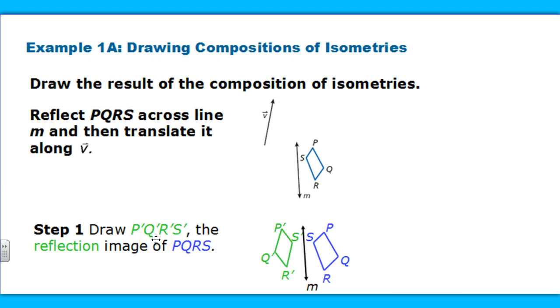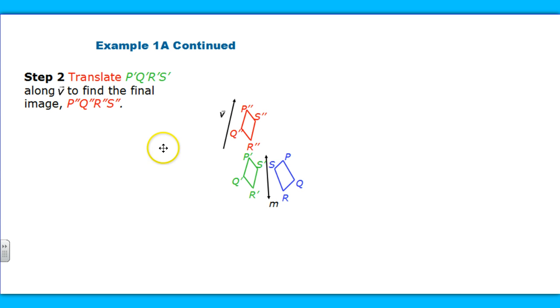So how does one draw compositions of isometries? We draw the result of the composition of isometries, just as we saw in that previous glide reflection. So reflect PQRS across line M and then translate it along vector V. So the first step would be to reflect PQRS across the given line M. Remember that each vertex is the same perpendicular distance from this line of reflection, right? And then the second thing would be to translate this reflected image along the vector V to find the final image,